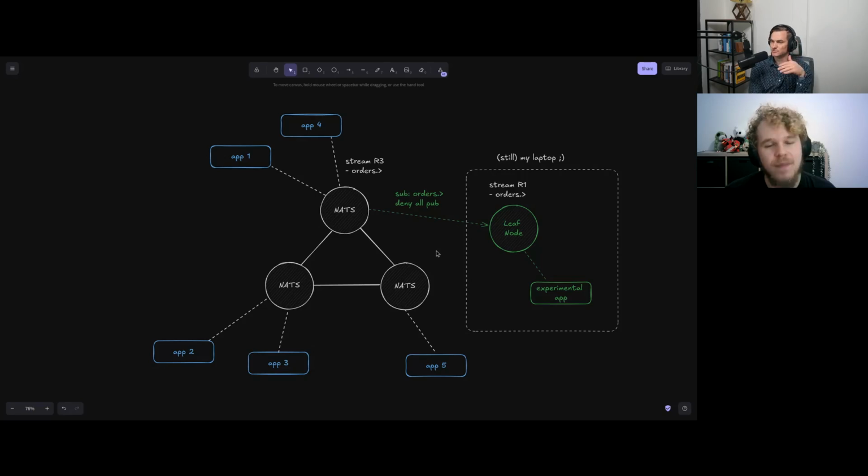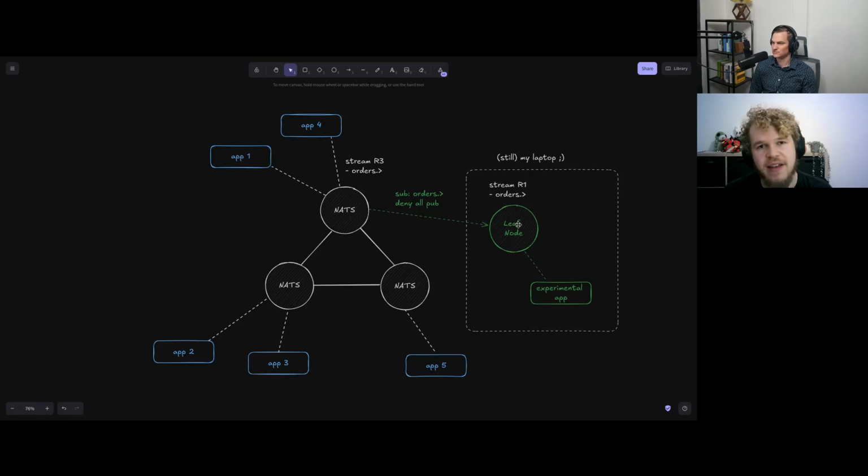Sure. But the stream sourcing was a heavier operation in your experience. Yeah, for sure. It has more impact on the cluster in terms of it needs to do the sourcing, and you need to have a consumer in the cluster to actually do the sourcing for you. Whereas this is a really lightweight subscription, so you don't really notice anything apart from just one subscription number being higher. NATS is really built around this being really scalable, so also the really large benchmarks you can get with millions of messages per second. So this is the littlest impact, if at all, you can have.